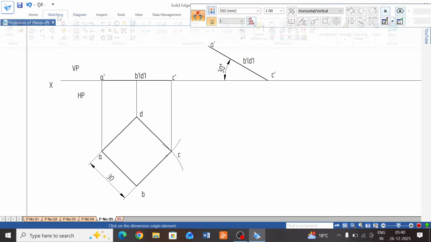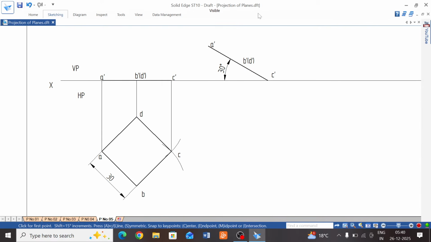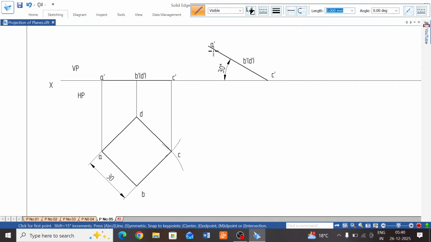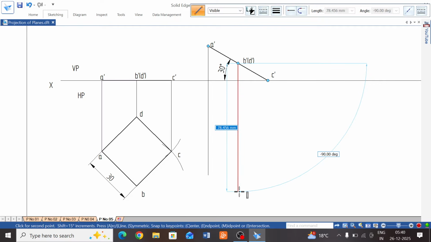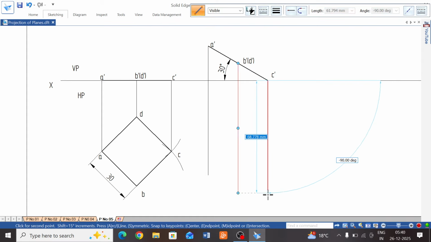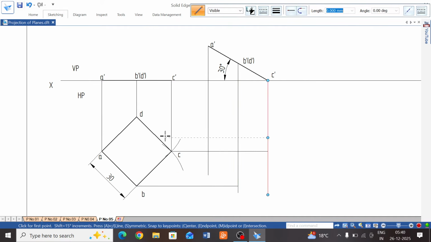Now project for the top view. Project downwards for the top view, all those four corners. Start with A, A is up to here, downwards. Then B and D exactly at the mid, 42 means half. And the last point is C, project C downwards. A and C are on the same line. Project it towards the right side, and project the B point up to B dash, D to D dash.